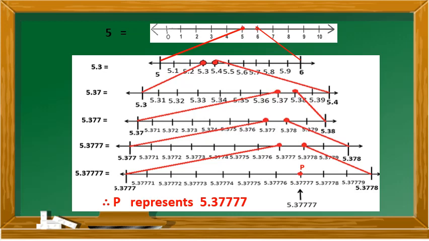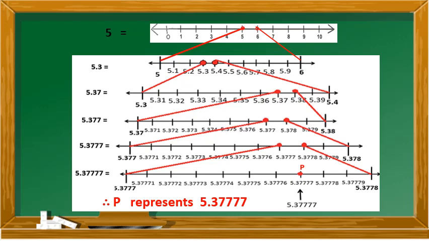Draw a number line, divide it into 10 equal parts and mark 0 to 10 since 5 lies between 0 and 10. Mark 5 by circling. View the next decimal 5.3 where it lies. Automatically we know that it lies between 5 and 6. So circle 6. Now the next number line we have to draw, that is in the points that lie between 5 and 6. Divide the number line into 10 equal parts again. Now start marking the points, that is 5.1, 5.2 and so on till we get 5.9 at last 6.